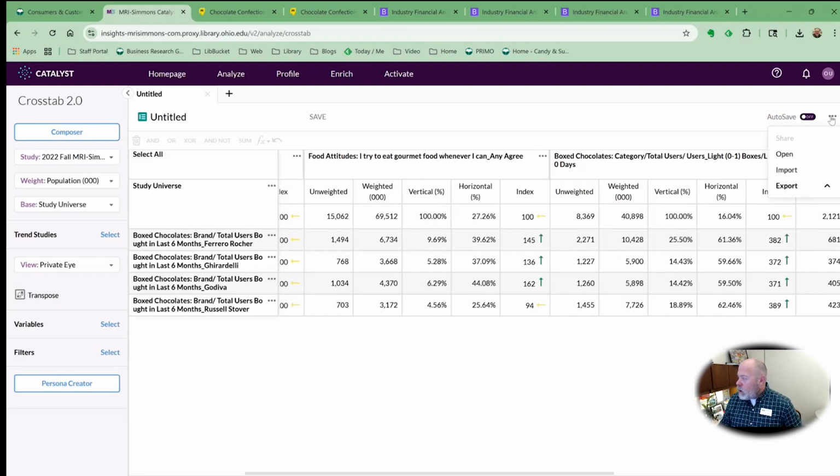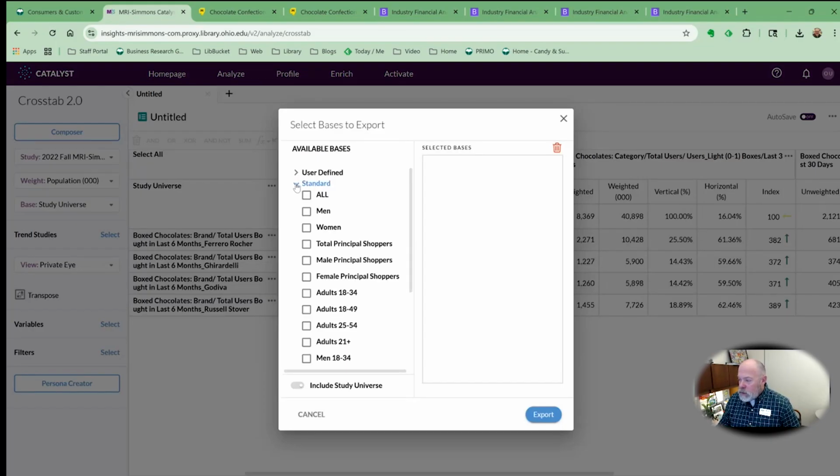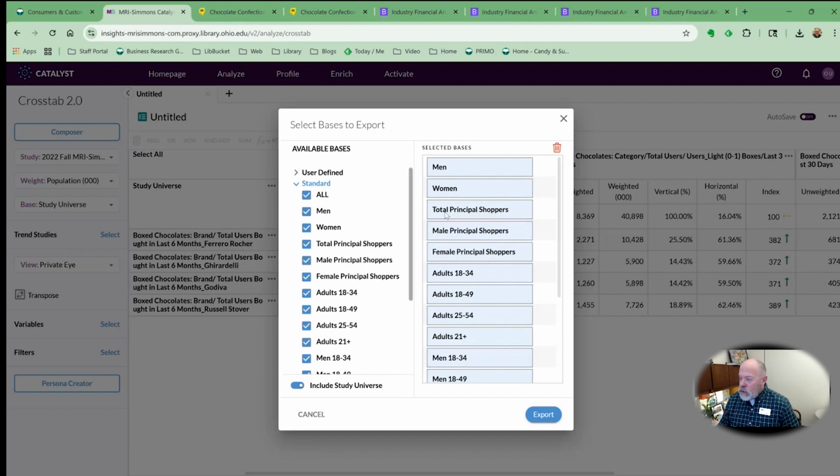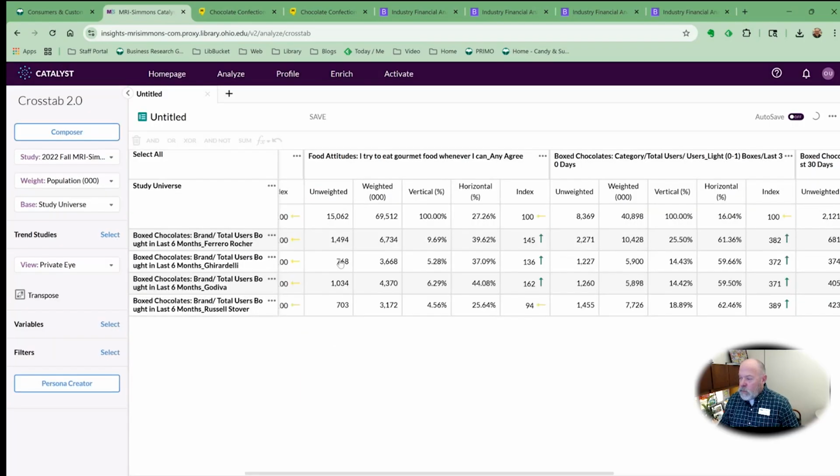So once you have something like this that you like, what you can do is go up here in the top right-hand corner. You can export this as an Excel file, right? So I'm going to click Excel. And I'm going to do standard, and I'm going to do all. And what this will give us, it's almost overkill, but this is going to give us not only the data that we asked for,